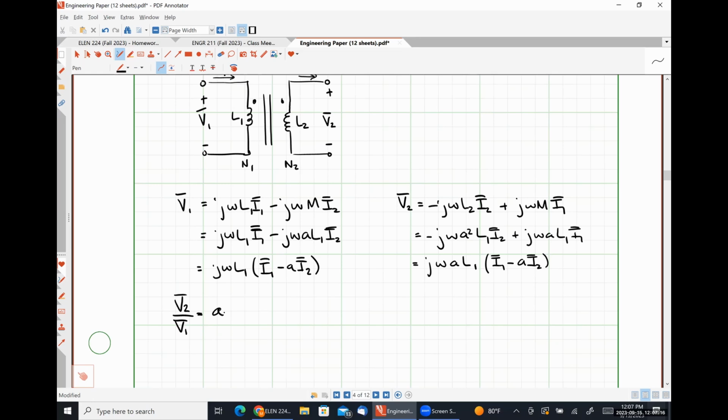So if we want a step up transformer, meaning that we want our voltage on our secondary to be larger, coil 2 has to have more turns than coil 1. For a step down voltage transformer, coil 1 could